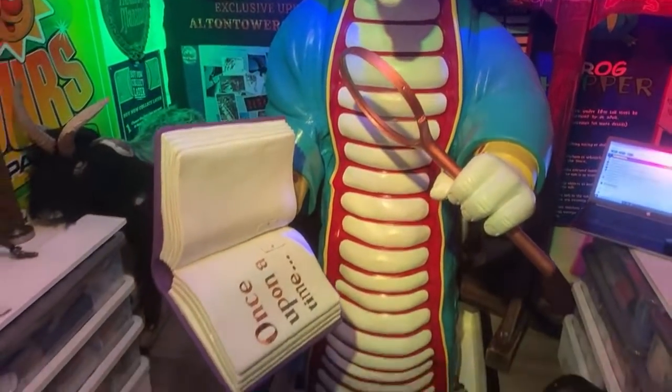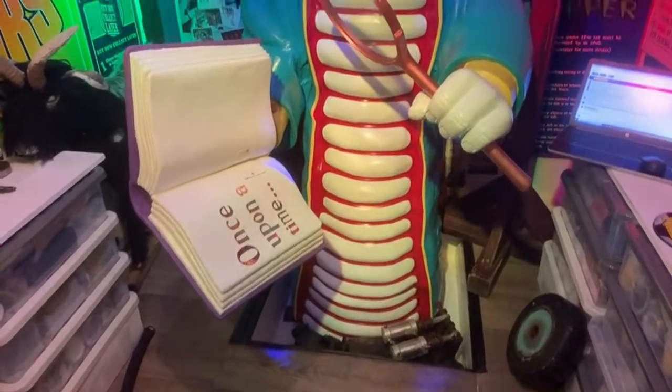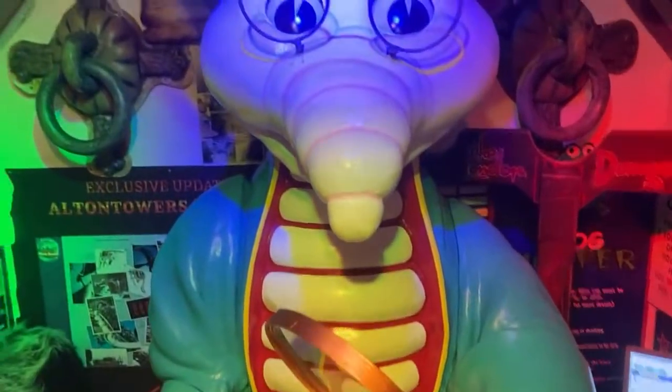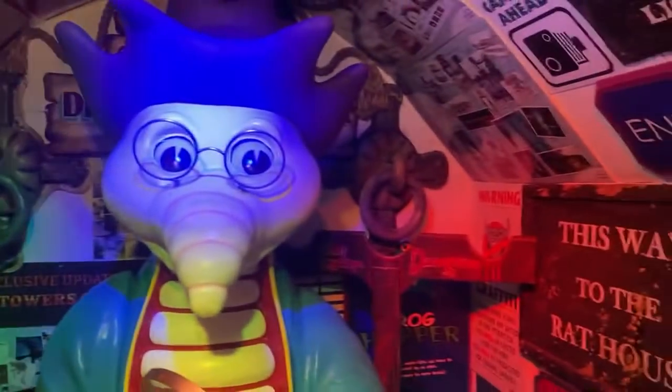Until the theme parks are going to be reopening, and we cannot wait. So there we go. Nearly all from the Bookworm for now. We'll come back to him later. And of course, you're still going to see him throughout the shots as I'm showing you some different signage and